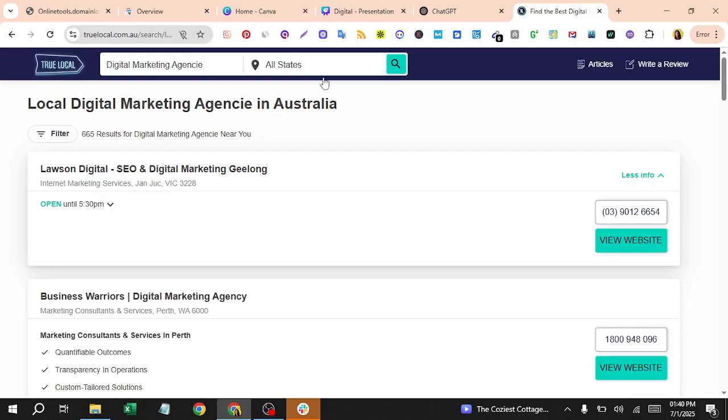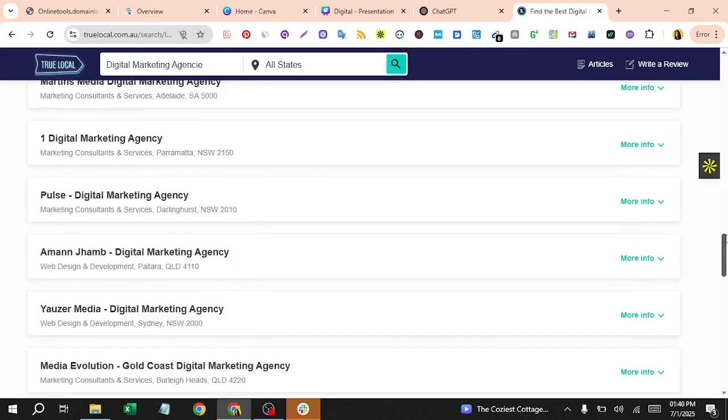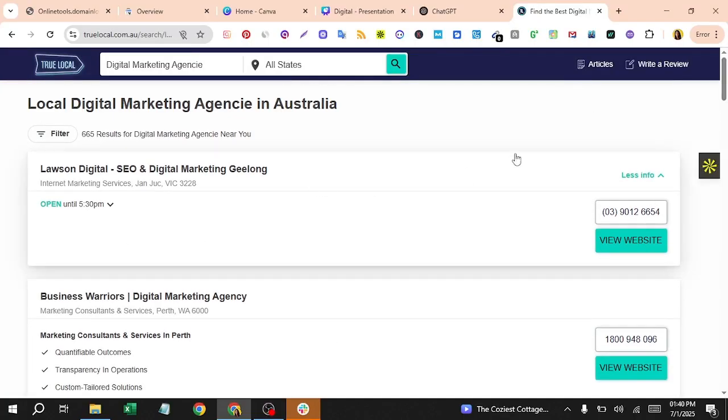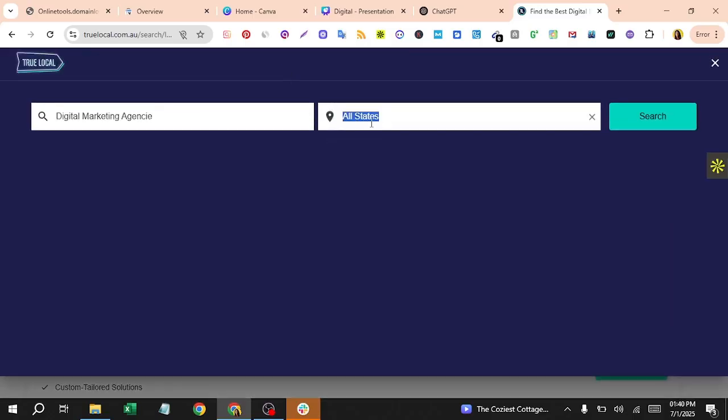But if you want to find B2B businesses, like business to business, like agencies, you need to search based on your location.